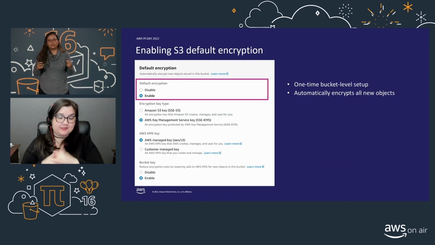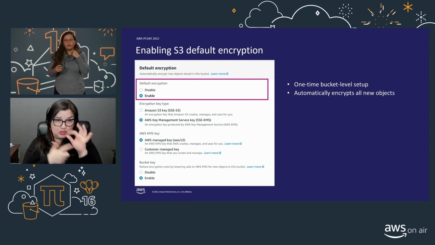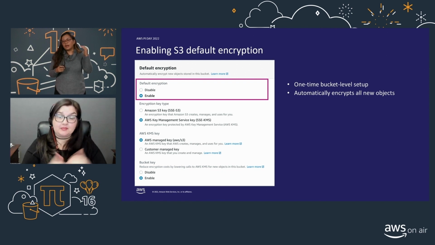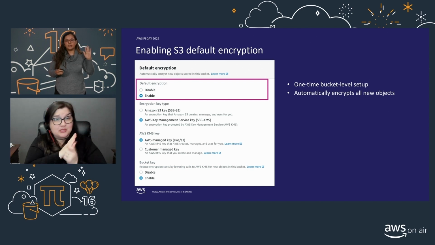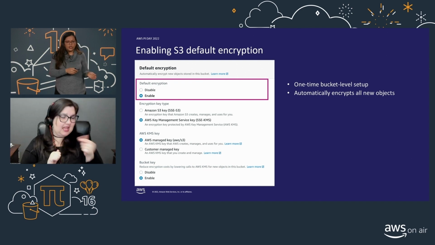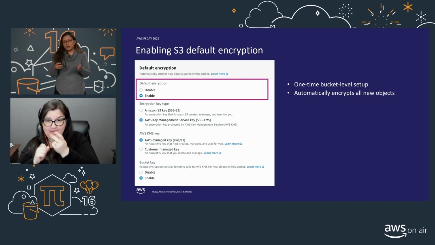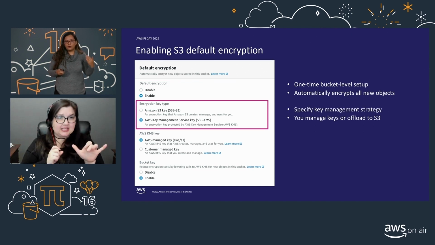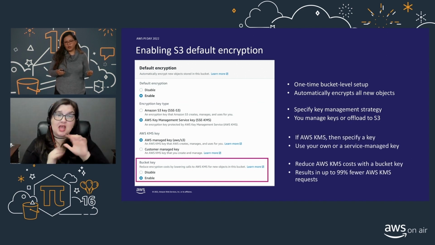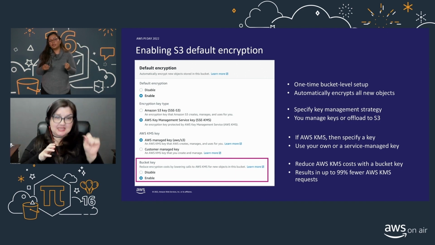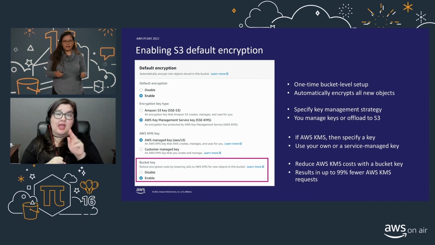So that was about encryption options within S3, and now we'll talk about default encryption. With default encryption, you have the ability to set up S3 buckets where data is automatically encrypted by default. It is a one-time bucket level setting where you define your encryption key, whether S3 managed key or a customer managed key that we discussed in the last slide, and all your subsequent uploads to your bucket are automatically encrypted. We also launched S3 bucket keys a year ago, and that will help you reduce your KMS cost by up to 99%.